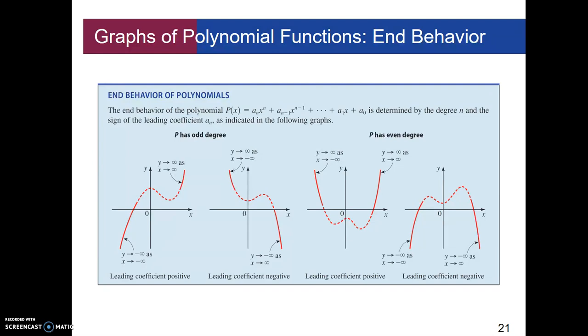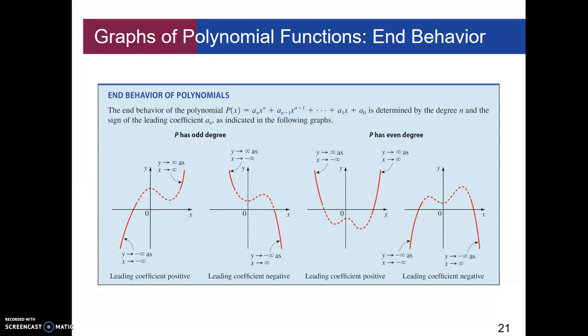And then we have the ones where we have even degrees. So we have either both sides going up or both sides going down. They both go up if your leading coefficient is positive, and they both go down if your leading coefficient is negative. So immediately, you know, eventually all polynomial graphs have to have the end behavior of one of these 4